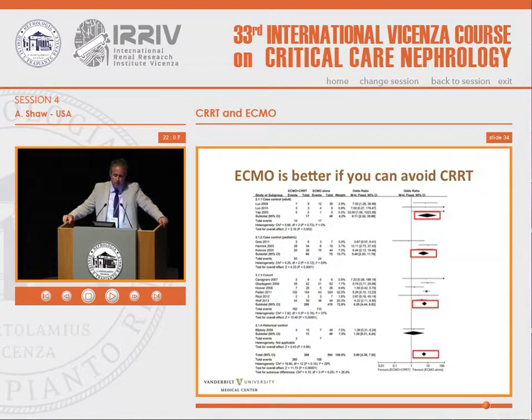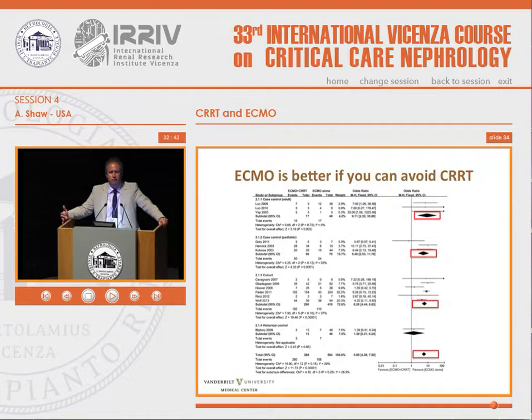One thing that I will say is that if you can avoid CRRT, then the results from ECMO are better. This is a meta-analysis published recently focusing on both the case-control adult and pediatric literature and then the cohort studies. There's very little randomized trial data here. But in every situation here, you can see that the outcome favors ECMO alone. Now, that's a bit like saying, don't put people on ventilators because they die more often. Obviously, if someone has